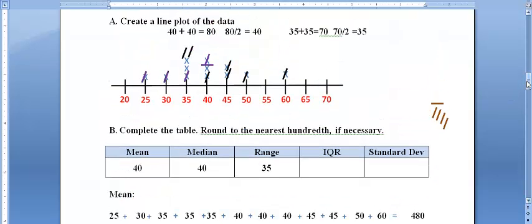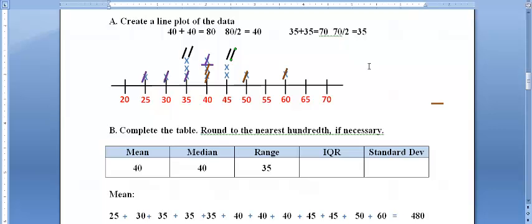Now I need to find Q3, and I'm going to use these brown cross-off marks to indicate my X's that I'm crossing off for Q3. So I'm going to start with this X value right here, right under the purple bar, and then I'm going to start with this 60 X value, and I crossed both of those off, one on the left, one on the right. Then I'm going to cross off this other 40 X, and then I'm going to cross off this 50, so one high, one low, or one low, one high. But then again, I'm left with two data values in the middle of me finding my Q3 of the upper half of my data. And that's these two